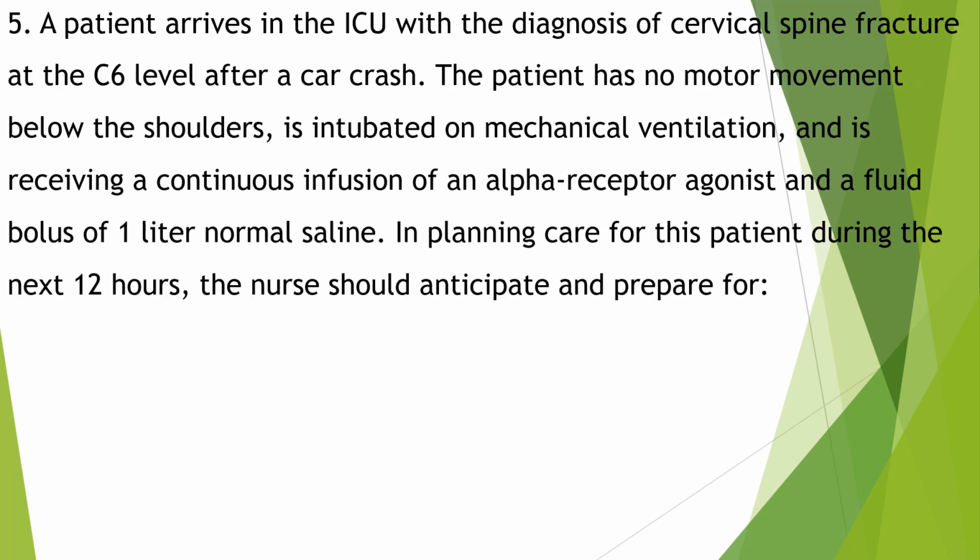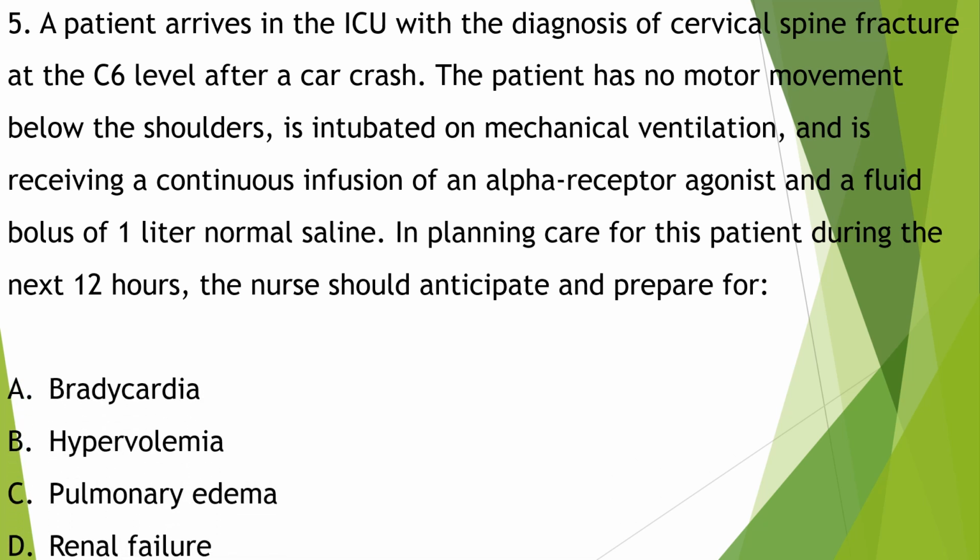Patient arrives in the ICU with diagnosis of cervical spine fracture at the C6 level after a car crash. The patient has no motor movement below the shoulders, is intubated on mechanical ventilation and is receiving a continuous infusion of an alpha receptor agonist and a fluid bolus of 1 liter normal saline. In planning care for this patient, during the next 12 hours, the nurse should anticipate and prepare for bradycardia, hypervolemia,